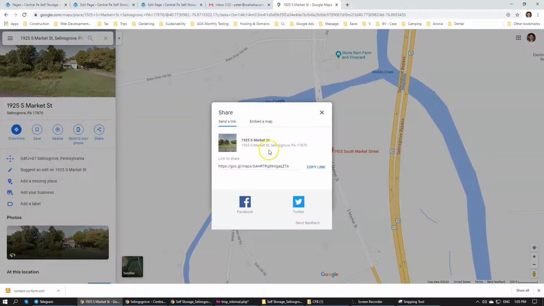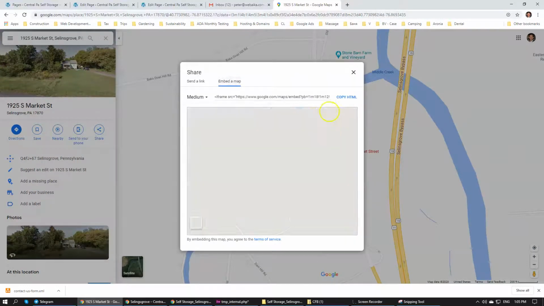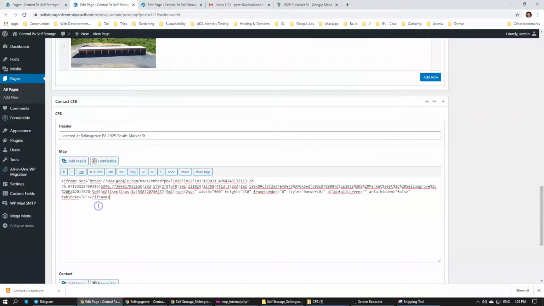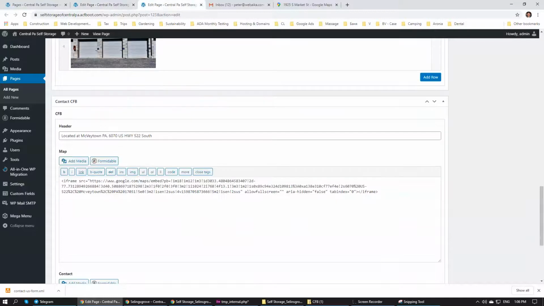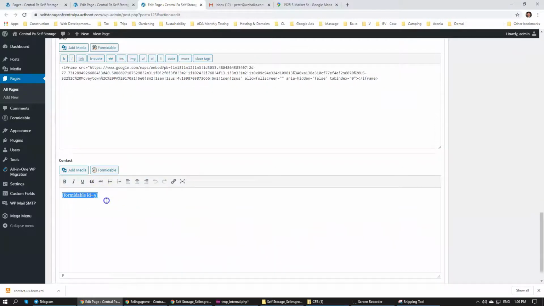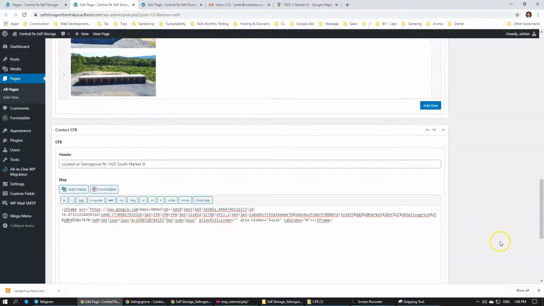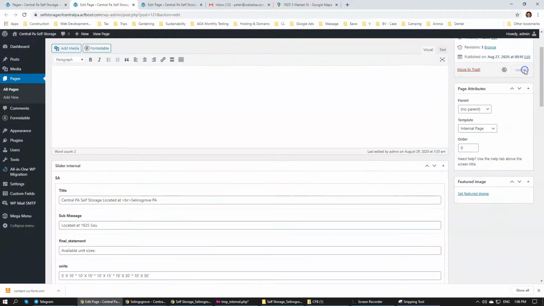Okay, let's quickly share it. Embed map. Copy HTML. Going to go back to the map. Remember, we have removed the width and height, frame border, and the style, so we need to do the same thing here. And in terms of our contact form, we're going to reuse the same form right over here, just like that. Going to click update,